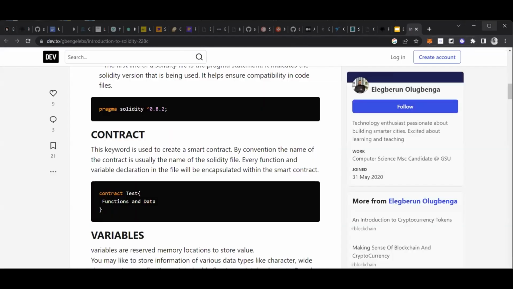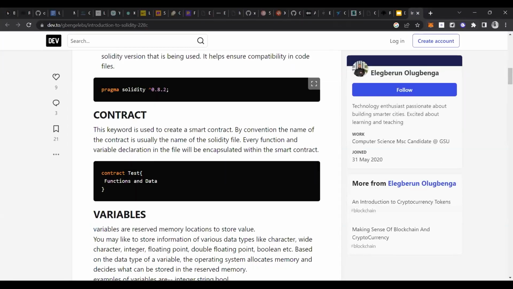Smart contracts start with pragma solidity, and this is the version. Solidity is an upgrading language, updated day by day, month by month, and they are releasing new versions of Solidity.